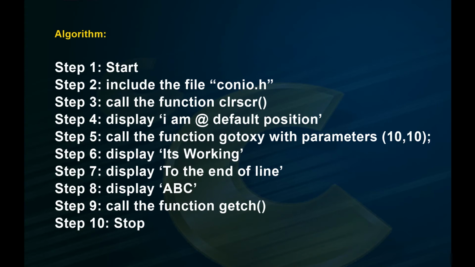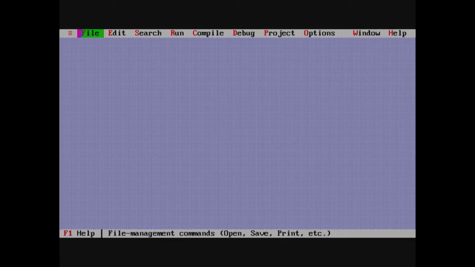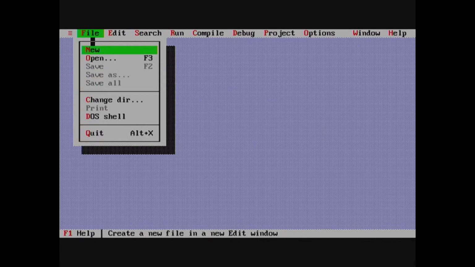Step 5 call the function gotoxy with parameters 10 and 10. Step 6 display it is working. Step 7 display to the end of line. Step 8 display ABC. Step 9 call the function getch. Step 10 stop.